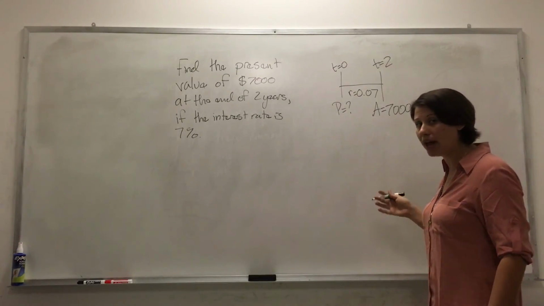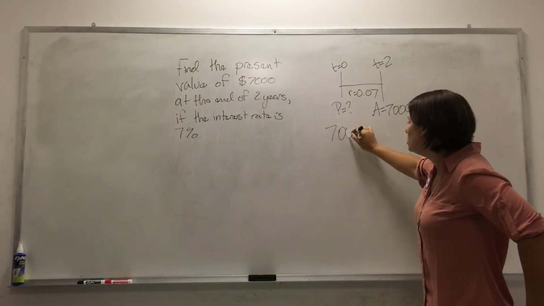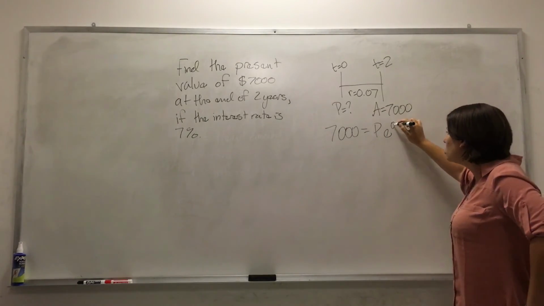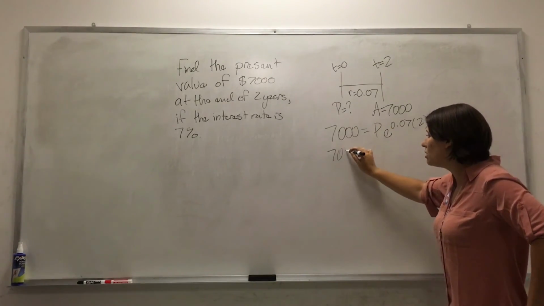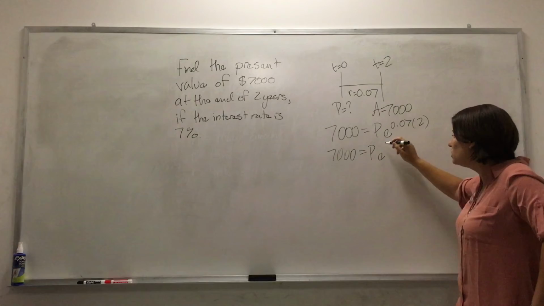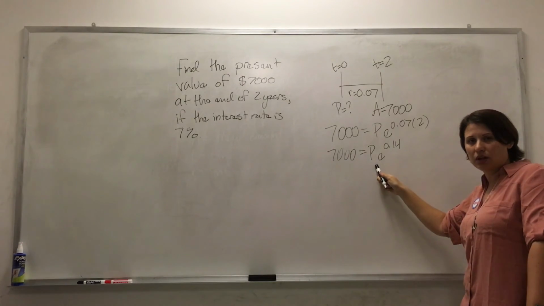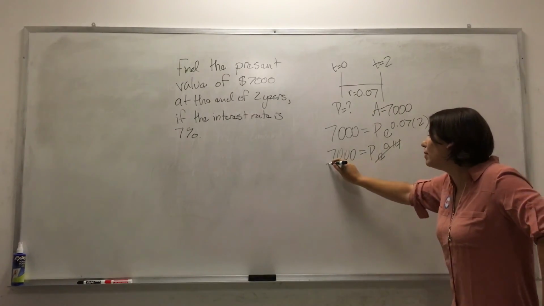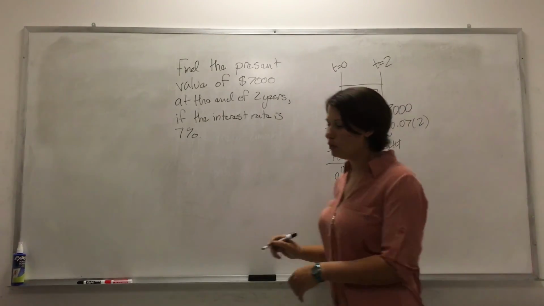Just the same thing. It doesn't matter that it's A, different letters or whatever. So A is 7,000 equals, we don't know P, e to the r is 0.07 times t is 2. Simplify the exponents, so 7,000 is equal to P e to the 0.07 times 2, which is 0.14. Now, we want to solve for P. We solve for something when it's multiplied like this by dividing the other thing out. So we need to divide by e to the 0.14. That means P is equal to